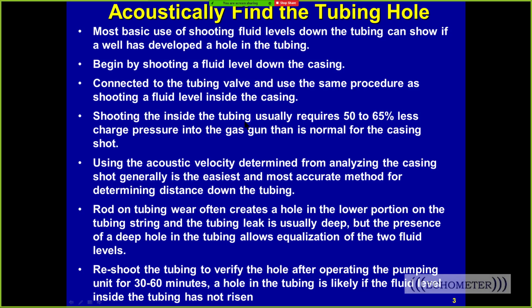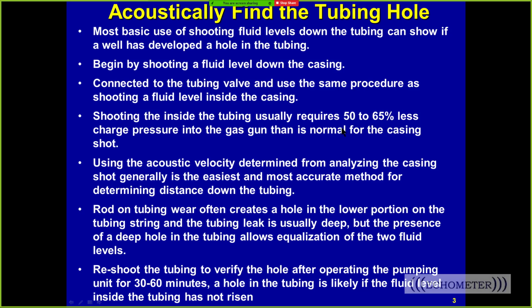Now the tubing has sucker rods in it, and the cross-sectional area of the tubing is much less than the casing annulus. And so you may not have to use as much differential pressure to create the shot because it doesn't require as much energy because there's restricted area compared to the casing annulus. And when you shoot down the casing annulus, you're seeing the echoes from the tubing collars, but when you shoot down the tubing, if there's sucker rods with